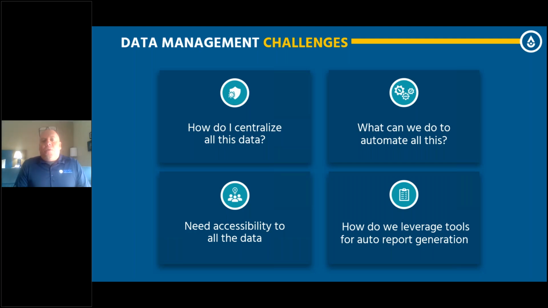Number three, common, right? We need accessibility to all of this data. How oftentimes are we waiting for the lab to get some data, or vice versa, where operations get data? We're going on plant rounds, we have paper, we're waiting for that data to get input and centralized. So we need accessibility to all of the data. This is a very common challenge. We don't want to wait for the data. We want to have access to it, data at our fingertips.